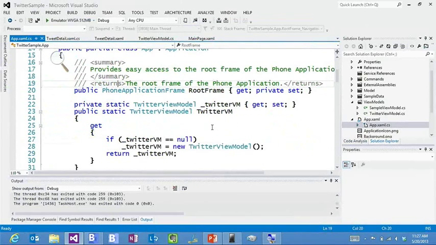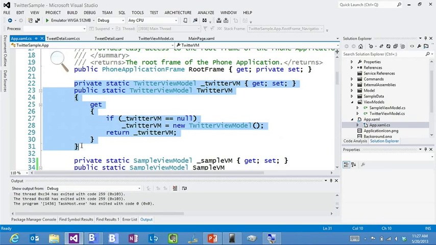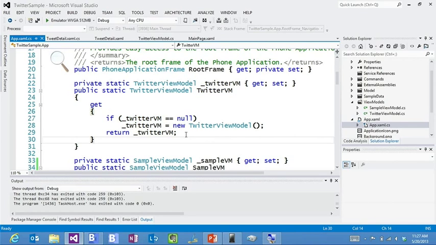Here inside of my app.xaml.cs, this is kind of a global namespace. And so what I do in here is create this sort of singleton concept: I've got a Twitter view model as a private static object, and then a public static object. Whenever that public static object gets called, I take a look at my private object and ask, does it exist? If it doesn't exist, create it and then return it. So now anytime I use the code